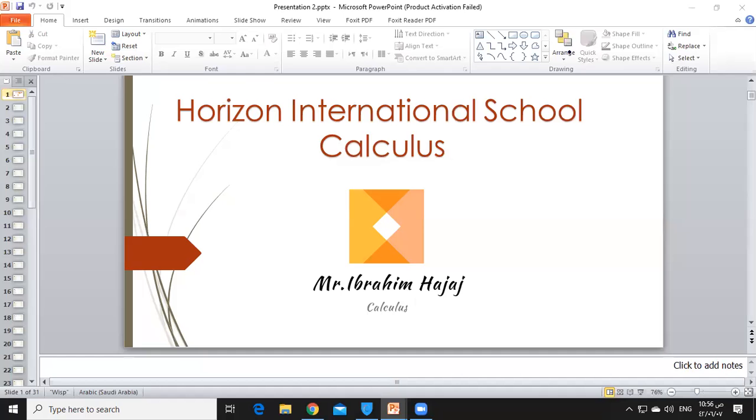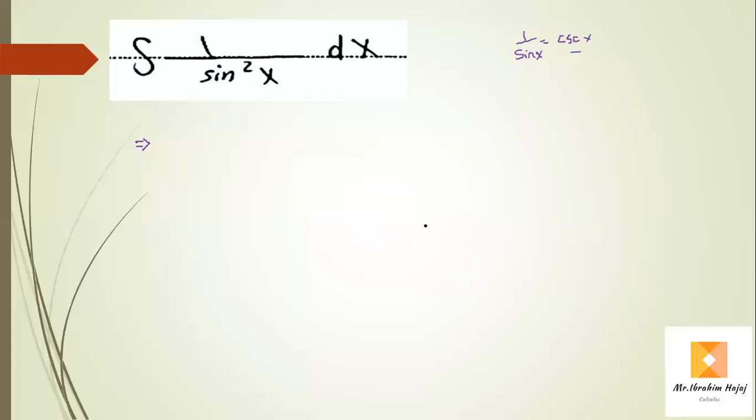The reciprocal identities: 1 over sine is cosecant x. So it will be cosecant squared. So the integral of cosecant squared x dx is equal to,